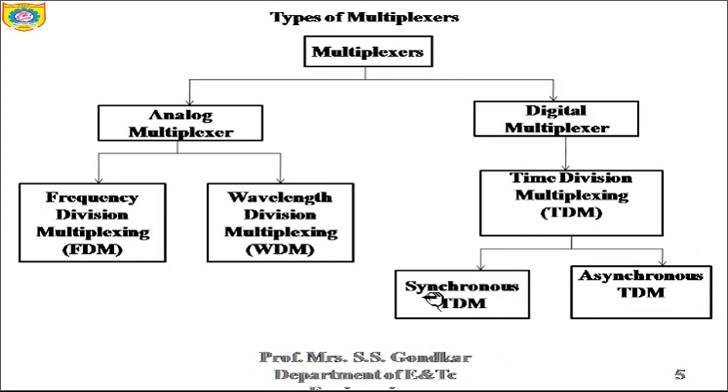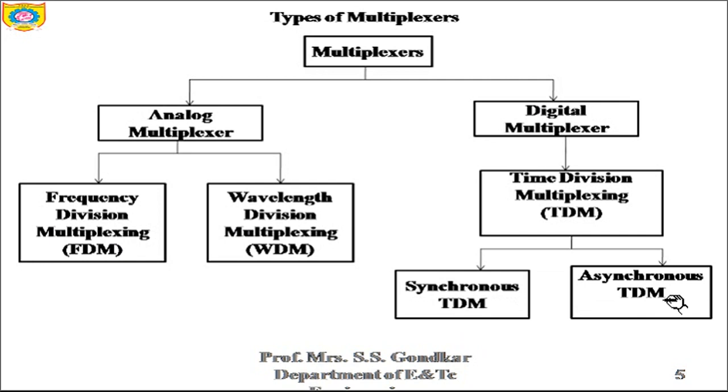So what is synchronous TDM? The input is connected to a frame. If there are n number of connections, then the frame is divided into n time slots. One slot is allocated for each input line, and here the sampling rate is common for all signals, and hence the same clock input is given. So it allocates the same time slots to each device at all times. Synchronous means all the operations happen at the same time.